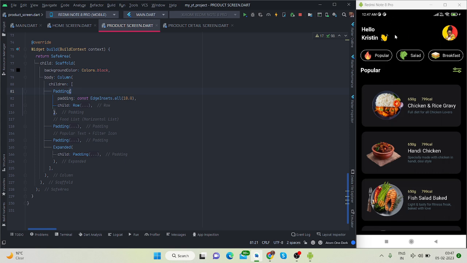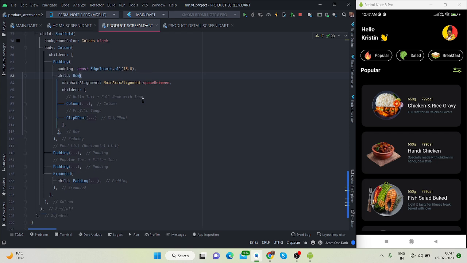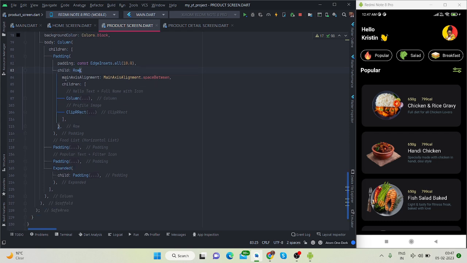So this is in row. This is one element and this is another. So this is row, and the property mainAxisAlignment is set to spaceBetween. That is why there is space between these two elements. And then there is column because Hello is written here, and below this Hello, Christine is written. That is why I have taken it inside column. If you expand this column,